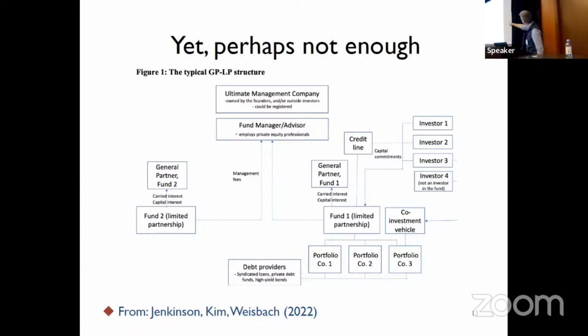So if you look, I have to stay up here so I can't point, but we have the investors on the right-hand side, investor 1, 2, 3. These are the LPs in the analysis. They're investing in funds. These are the private equity funds in the analysis. It's investment in portfolio companies. This is what it is. Now, but we also have other investors investing in direct investments and co-investments. We have debt providers that are providing capital to the portfolio companies. We have credit lines that can go directly into the fund. We have other funds. So there are other aspects of this problem here that are still not captured in the analysis that we are seeing here.